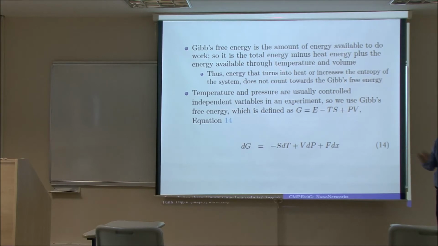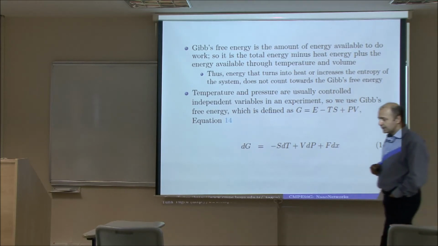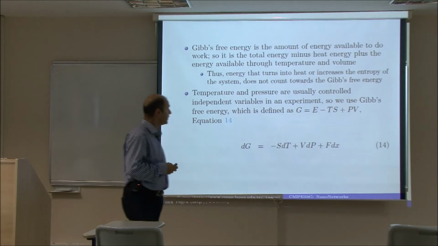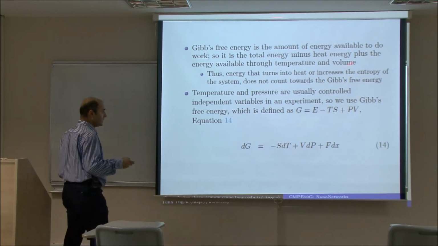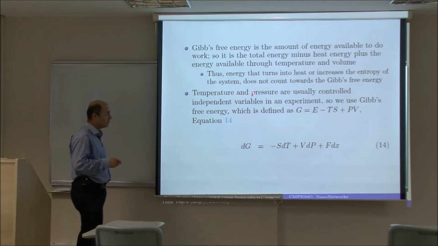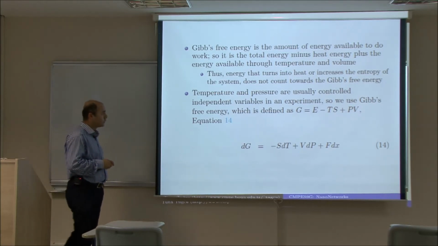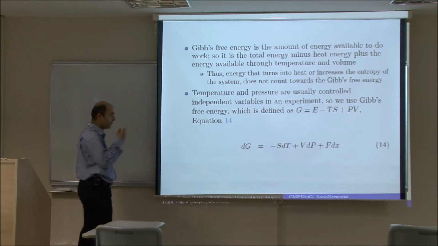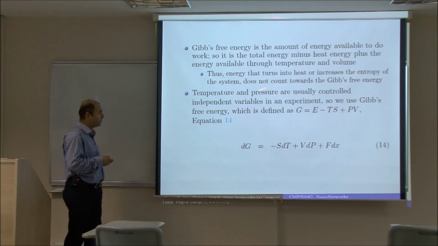So the energy that turns into heat or increases the entropy of the system does not count towards useful work for our system, and it does not count towards the free energy. So the temperature and the pressure are typically controlled independent variables in such an experiment. So we can use a Gibbs free energy